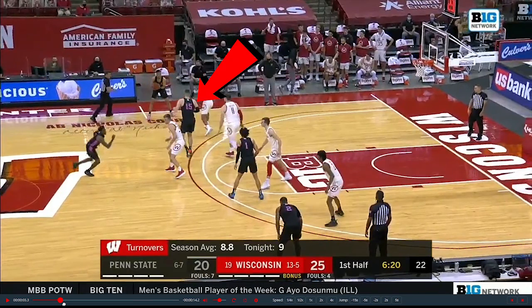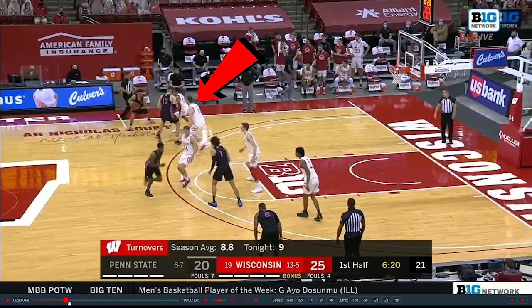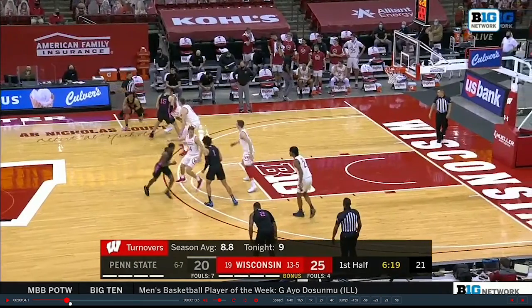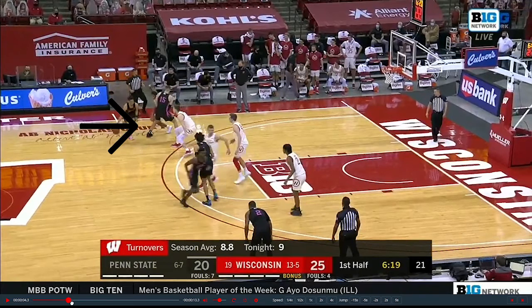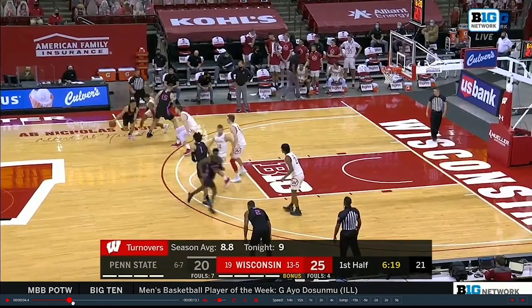Now 15 is their backup center, and he kind of plays too fast. He sets a nice screen here, and you see he makes the defender go over the screen, which is what we want. That puts the defender in a really tough situation because it's 2-on-1 against him, since the defender is behind. So the first mistake we see here is the guy coming off this ball screen doesn't